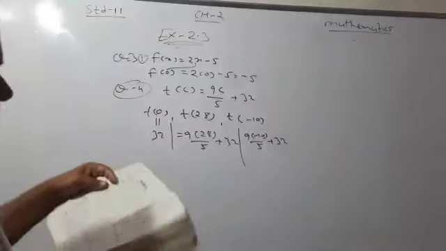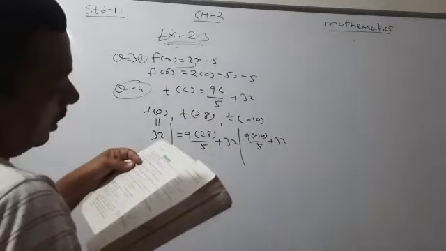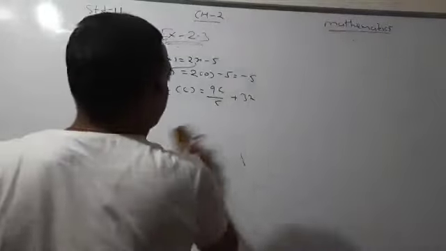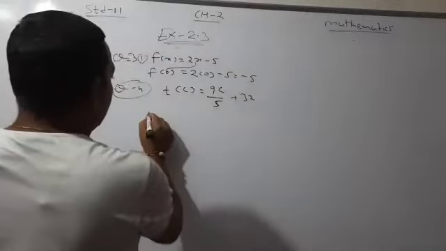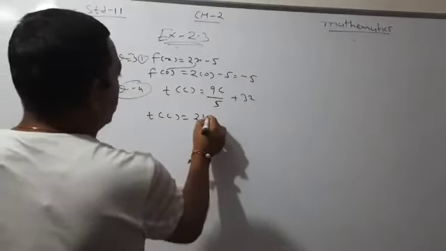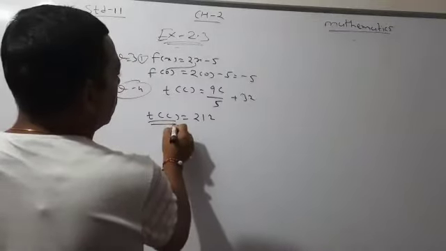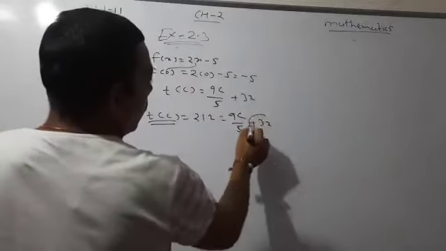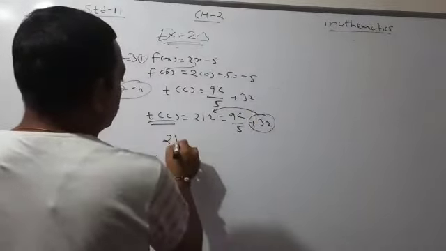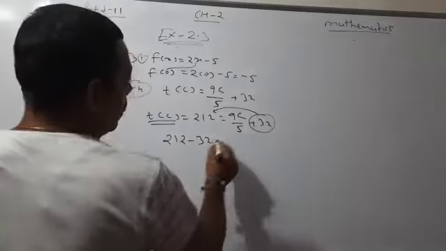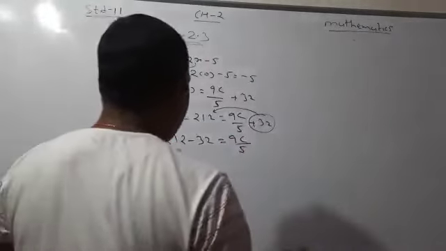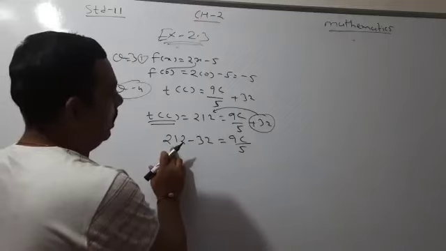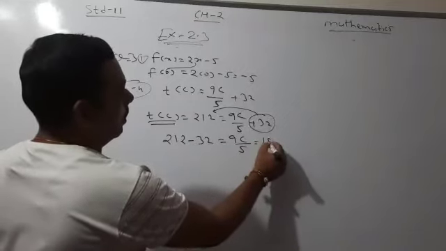But the fourth sub question is a little bit different. The value of C when T(C) is 212. The answer is already given. But what do you mean by T(C)? This whole thing, so we can say 9C by 5 plus 32. We will shift this 32 this side. So 212 minus 32 is 9C by 5. Now tell me, if I subtract 32 from this, what will I get? I think we will get 180.